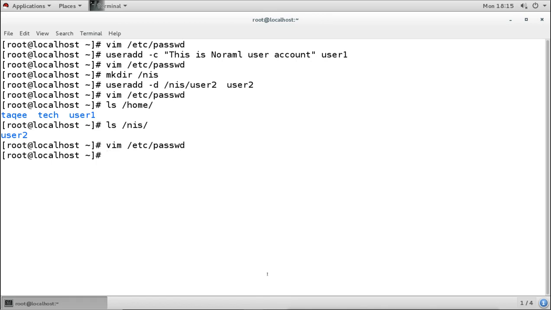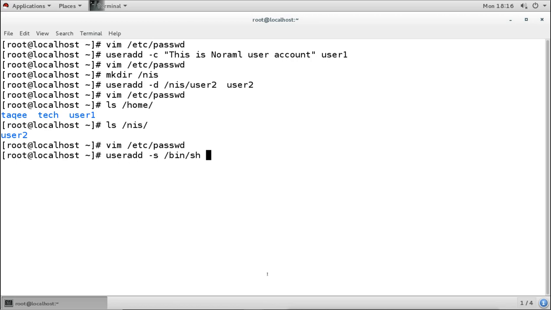What we can do is create the user account with the -s option, and then we will mention the shell which we want to give to that user. For example, I will give the sh shell to the user. Or suppose I want to create a user which I don't want to log in interactively, like on a terminal shell or graphical terminal or command line shell. I don't want that user to log into any terminal.